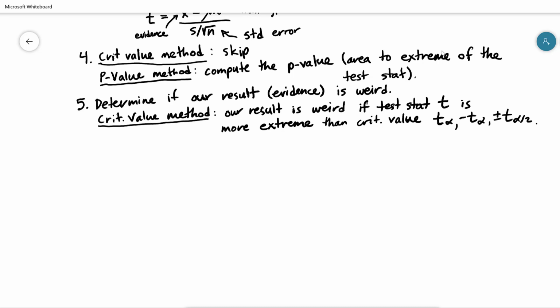So there's what that one looks like, and if we're doing the p-value method,